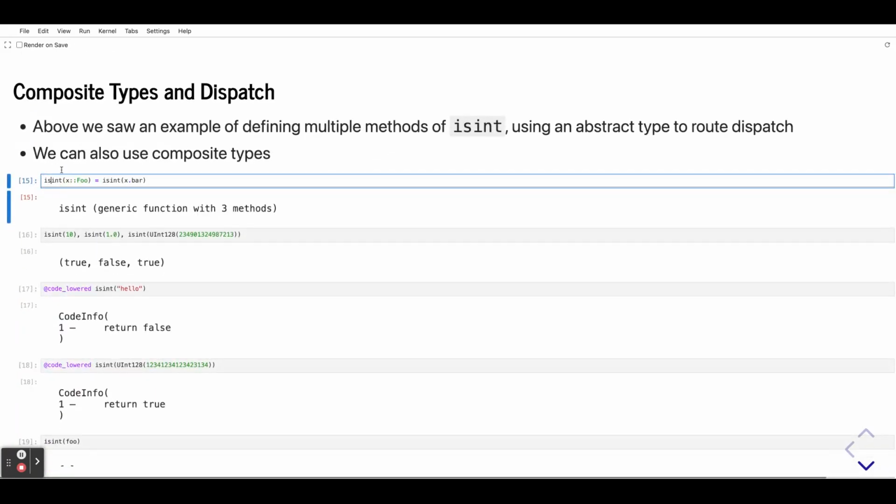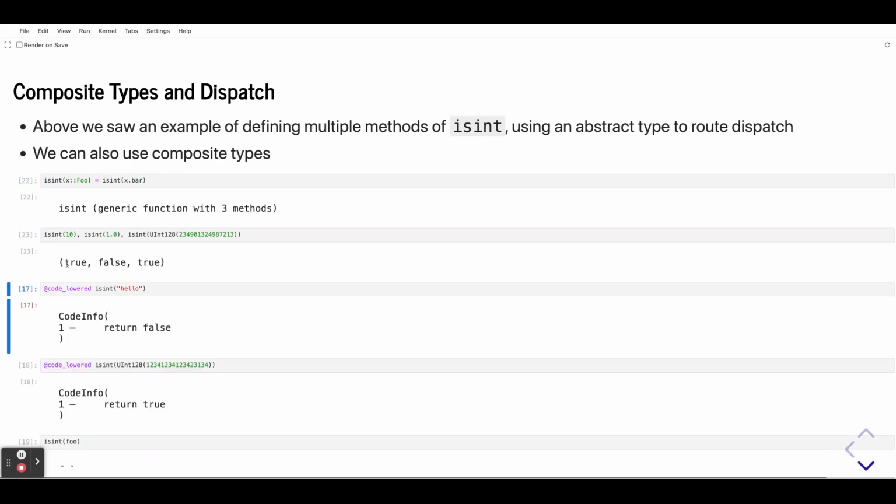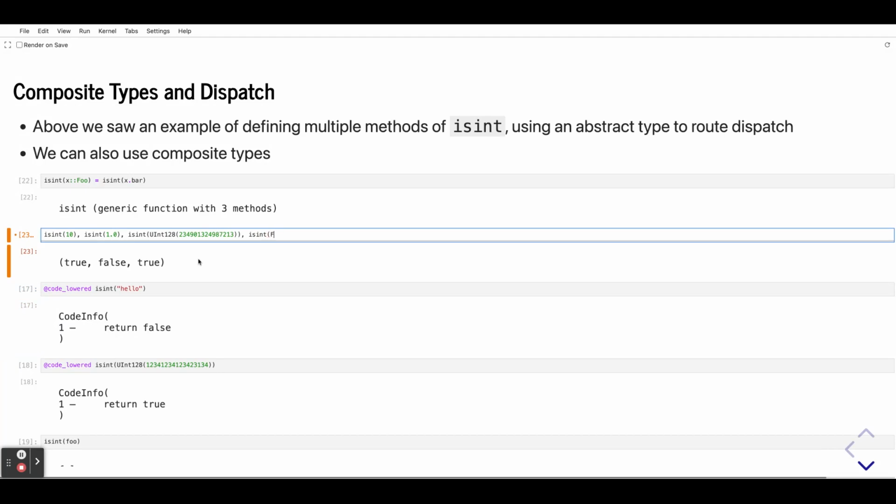Composite types can also participate in multiple dispatch, meaning we can add extra versions of our functions, or extra methods, for a composite type. Now what we're going to do is say isInt of x, where x happens to be a Foo. Well, we're just going to rely on the isInt method we already defined on the bar field of our foo instance. So this is going to return true